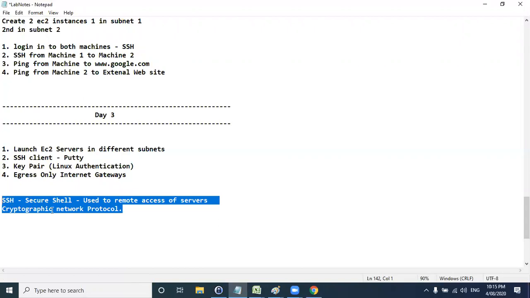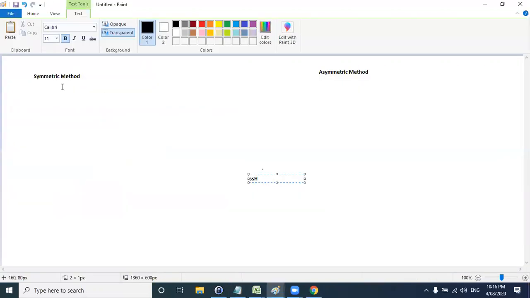So here there are two types of authentication techniques, as I told. One is the symmetric method.